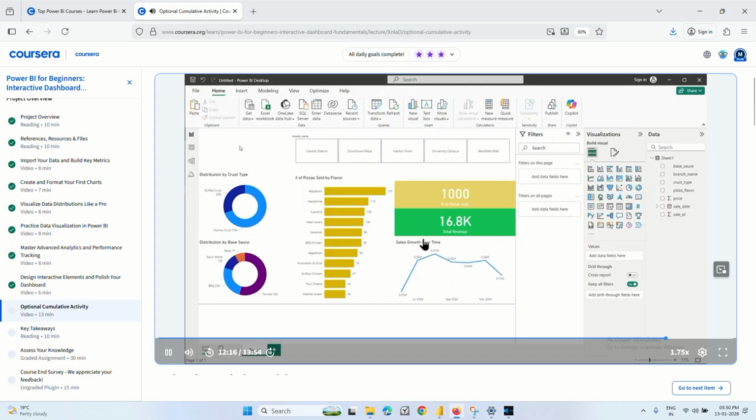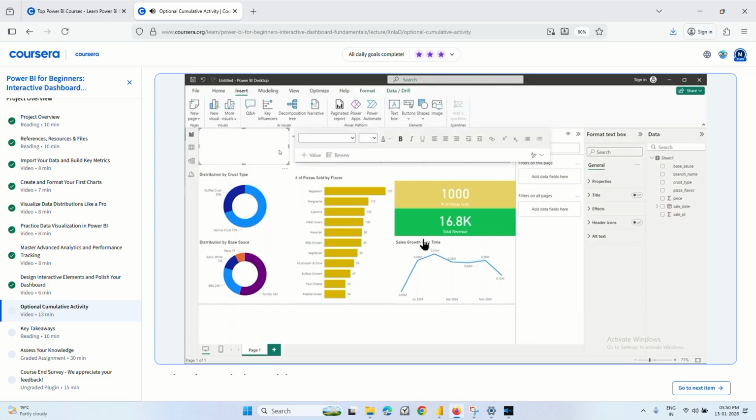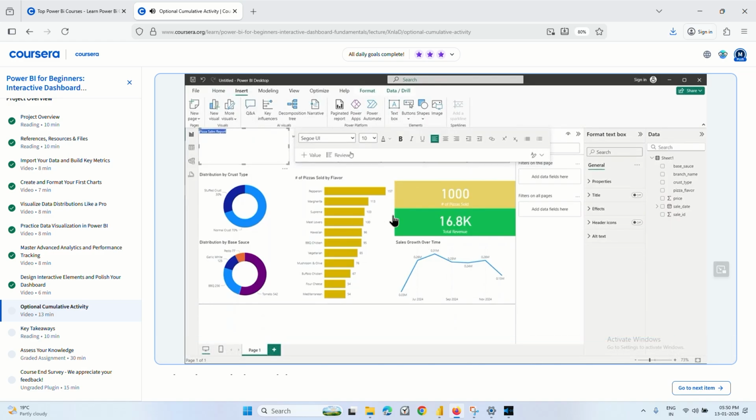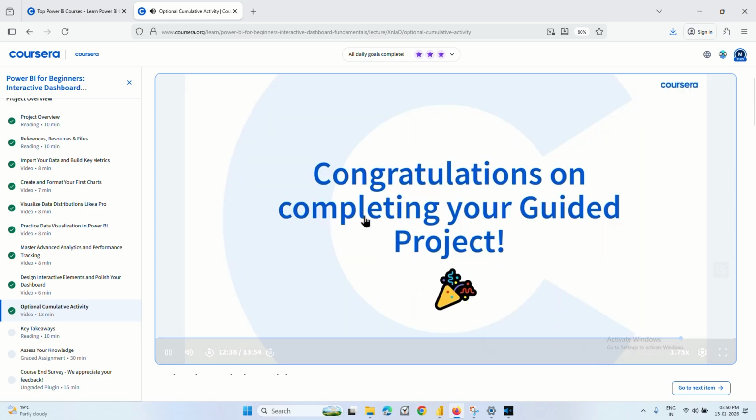Let's now add the final title for our dashboard by going to insert and clicking here on text box and writing a title which is pizza sales report. Let's go ahead and change the size here to make it a little bit larger so it would be clearer. And that's it. Congratulations on completing